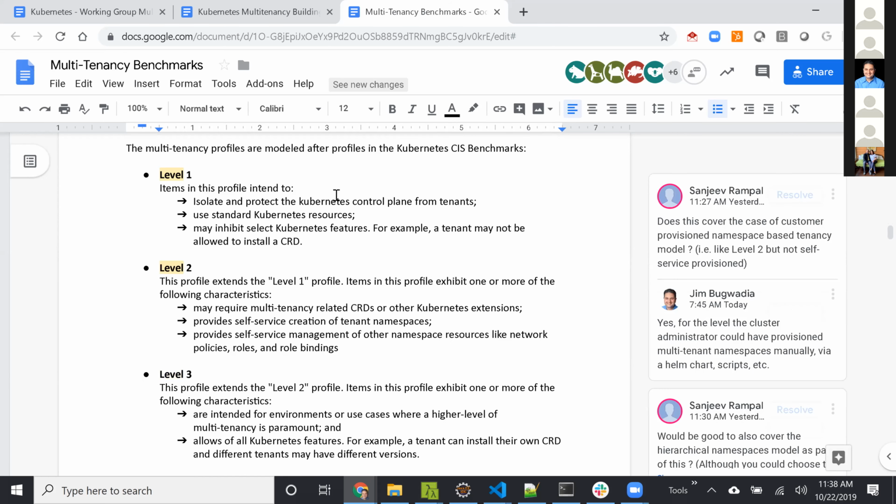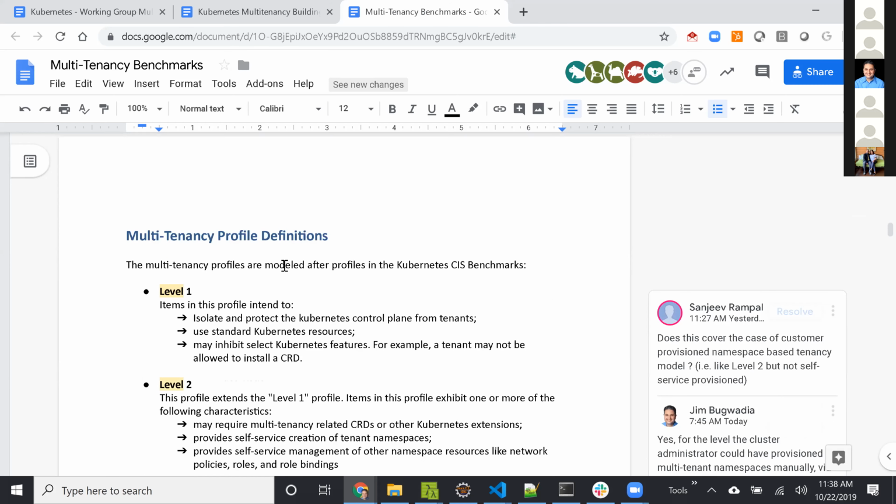And then another interesting aspect, which I think is worthy of discussion here, is this. Like you were mentioning, Sanjeev, the cluster profiles. We just called it multi-tenancy profiles over here, and roughly we were thinking of 3 levels. And interestingly, and maybe it's not coincidental, it maps really well to a lot of the activities going on in the working group. So the first level doesn't really matter.